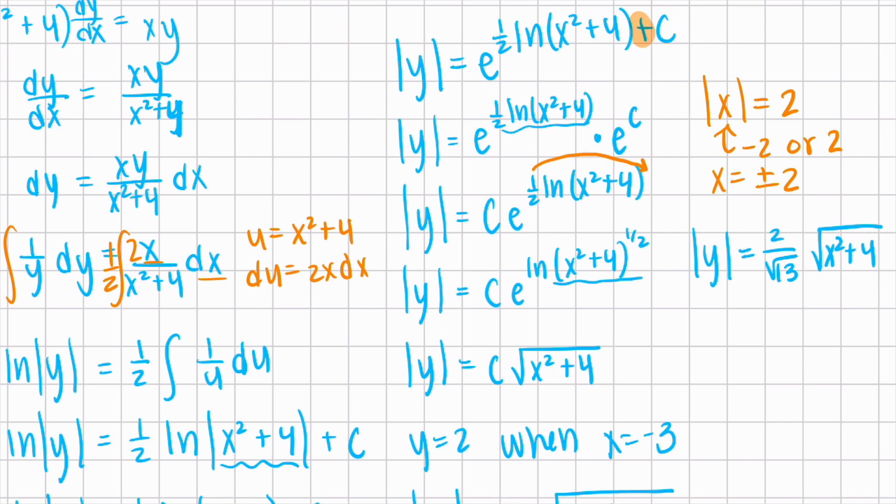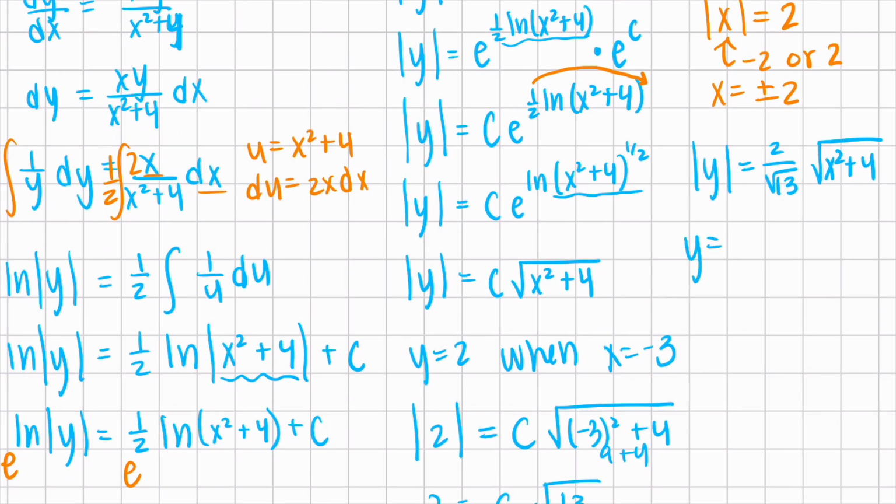Similar situation right here. Y can equal plus or minus 2 over rad 13 times the square root of x squared plus 4. But we need to decide, do I want the positive or do I want the negative? And you're going to decide that based off of your initial condition. So notice that when you plug in negative 3, I want y to equal positive 2. So if I plug in negative 3,